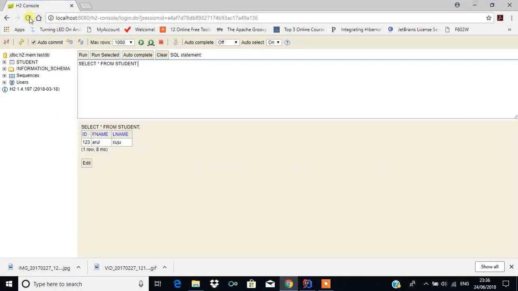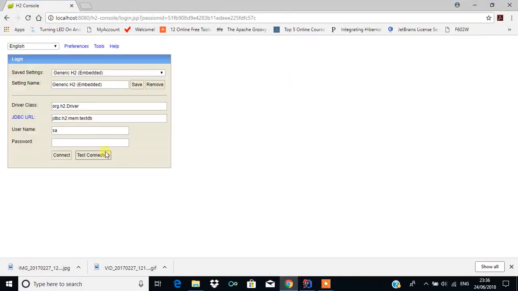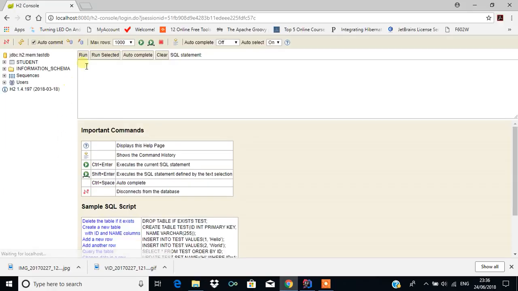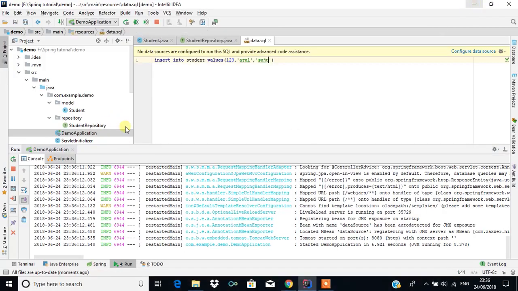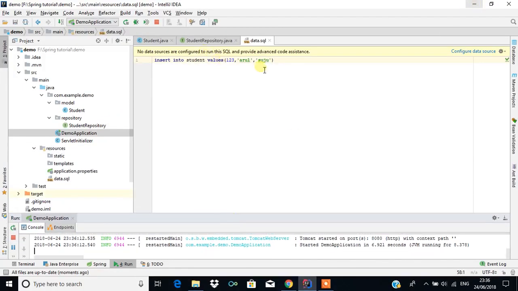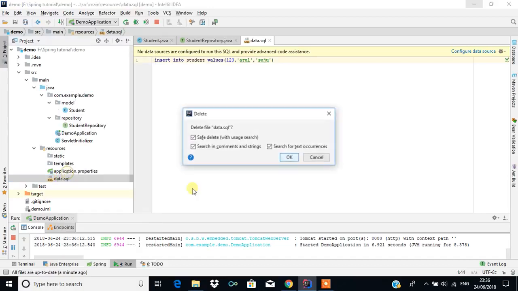So if you check that, yes, it's there. Now in this tutorial we are going to see how to insert this type of content without using the script. We are going to insert the content for the student database. So what I'm going to do is delete this,